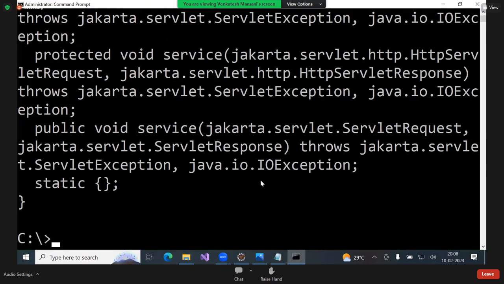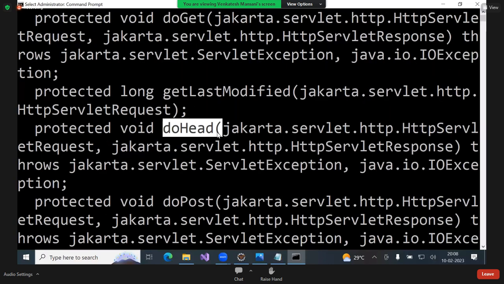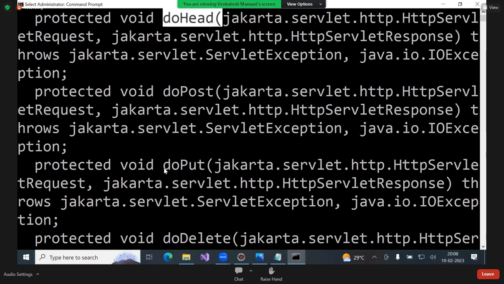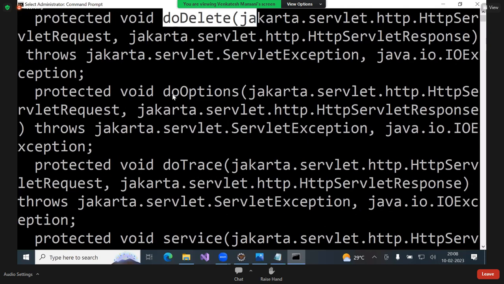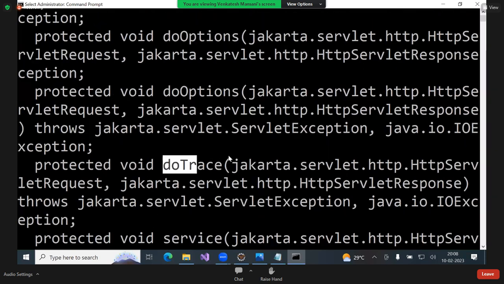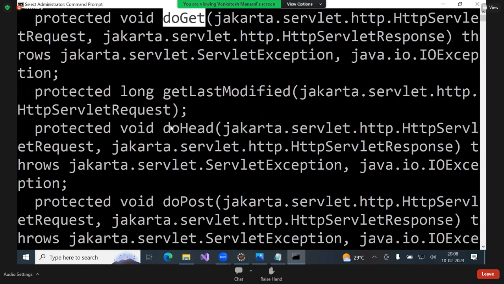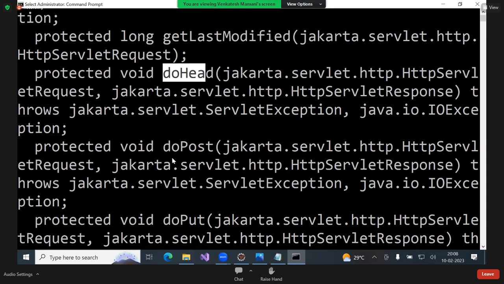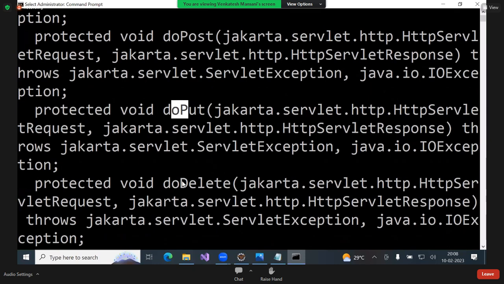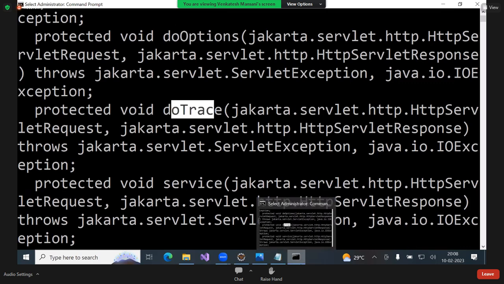you observe here. doGet, it will handle only get. doHead, it will handle only head. doPut, doPost, doDelete, doOptions, doTrace. So here 7 methods are there. See, doGet, head, post, put, delete, options, trace. Now